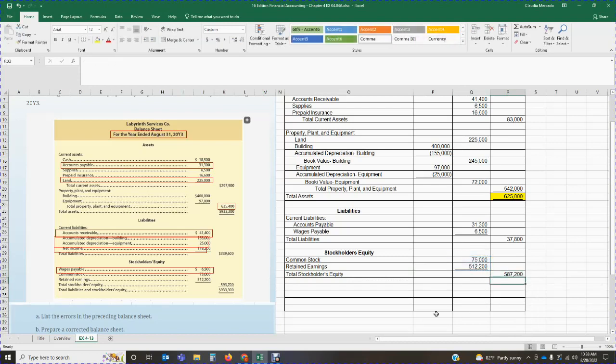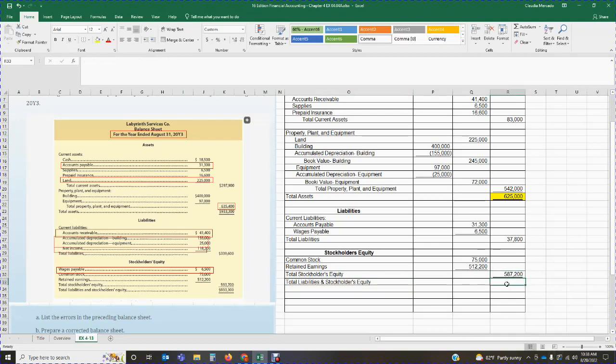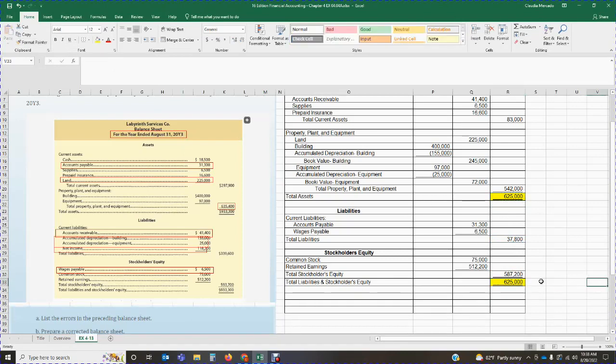We get $587,200. Okay. So now we have our total liabilities and our total stockholders' equity. Now we can calculate our total liabilities and stockholders' equity. For us to do that, we would add those two amounts, the $37,800 plus the $587,200, and that will give me $625,000. Okay, so now as we can observe, our total assets, total liabilities, and stockholders' equity are in balance, and